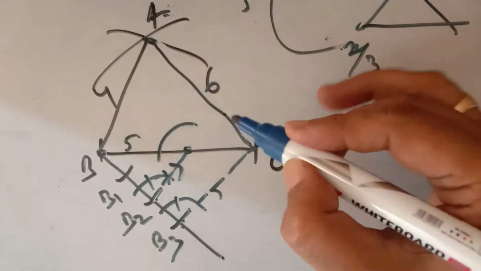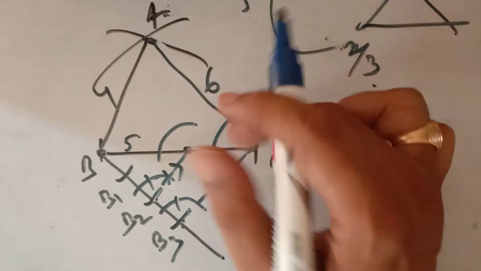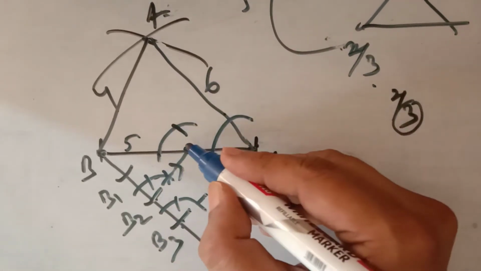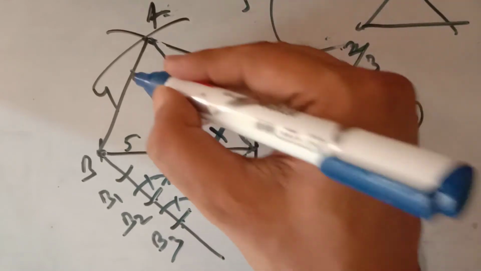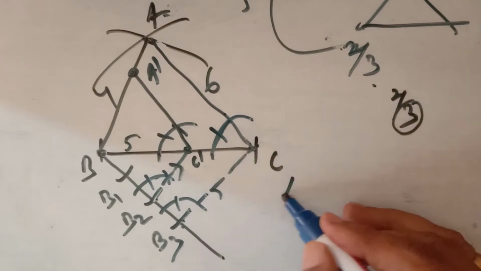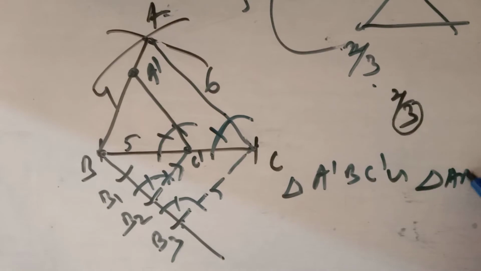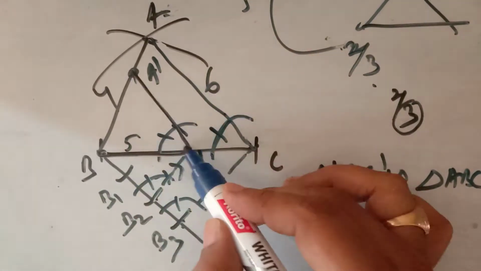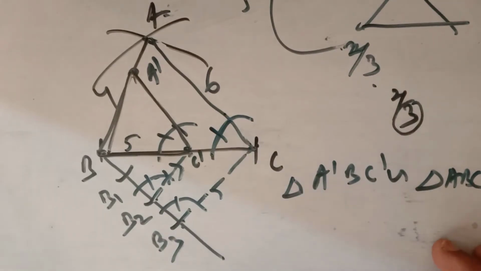So how can you draw it? Draw the same arc of same radius, measure this angle and mark it here and draw these two angles equal, so that corresponding angles are equal. So this point will be A dash, B and C dash. So triangle A dash, B, C dash will be similar to triangle ABC whose sides will be 2/3 of the side of the triangle ABC.